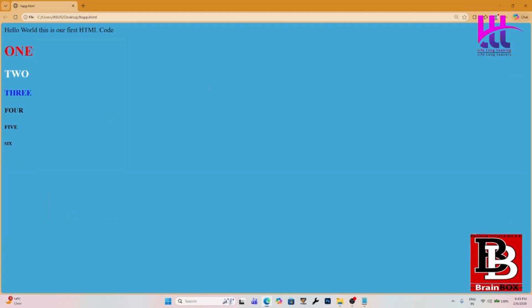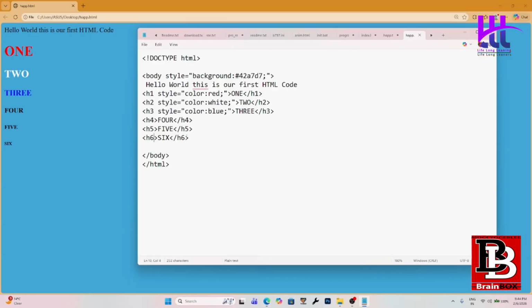Okay. Now we've learned how to color the text, how to increase the size, and how to color the background and stuff like that. Why we are using tags, and why we should write everything into the body tag. These are important things that we have learned today. Now let's go ahead and understand another thing. What is that another thing? That is basically